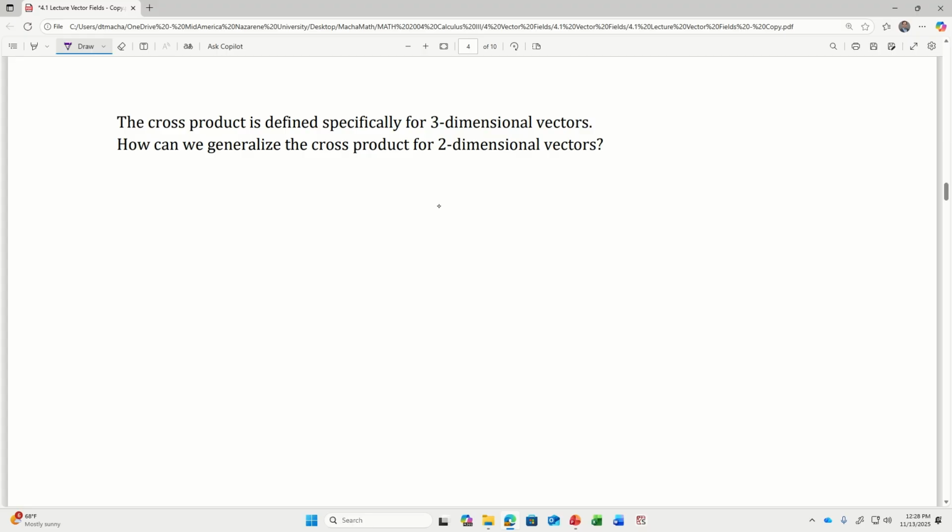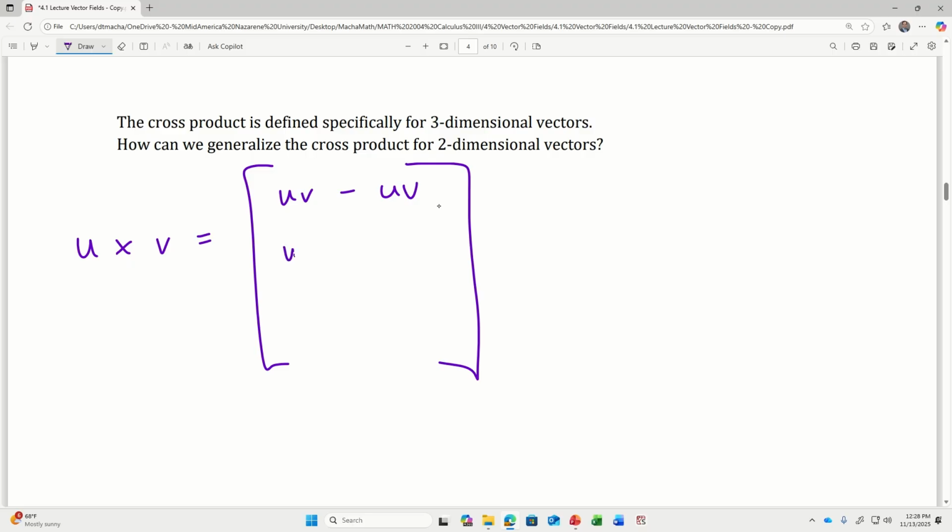The cross product is specifically defined for 3D vectors. What I mean by that is, if I've got u cross v, remember this? You have to write u2v3 minus u3v2, u3v1 minus u1v3, u1v2 minus u2v1. This is defined for